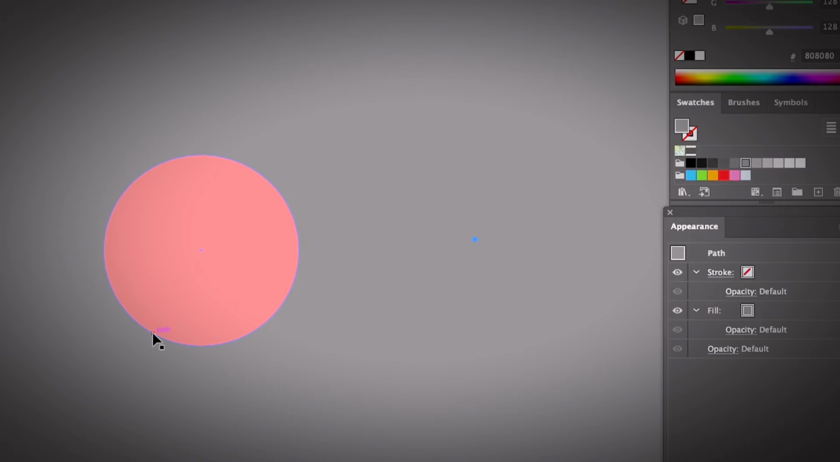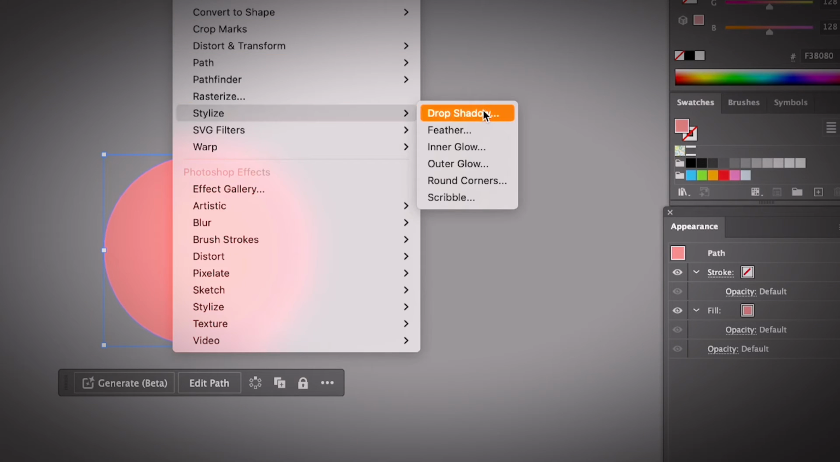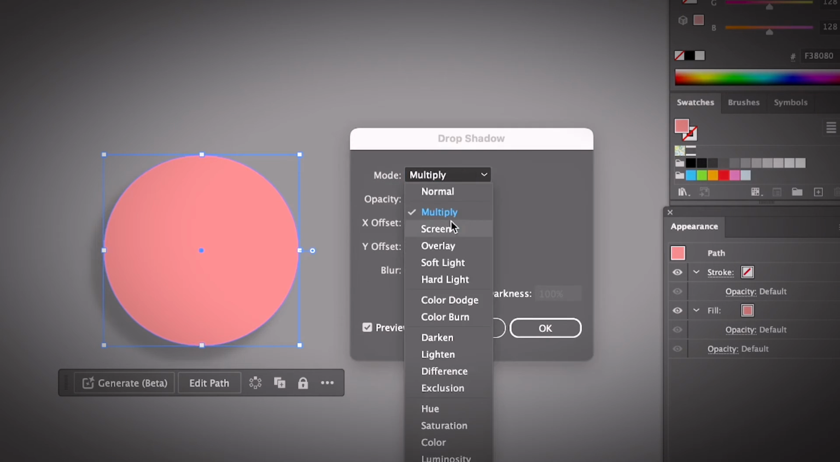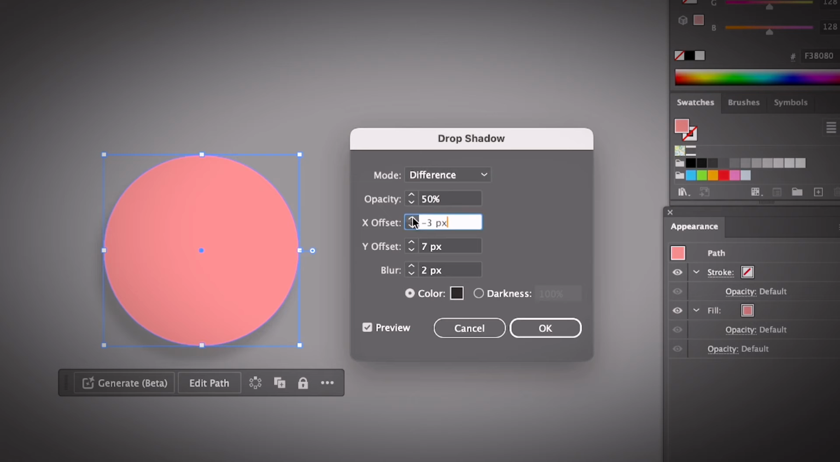Okay, so now let's see how we can add a drop shadow to objects. Basically, it works exactly the same as adding a drop shadow to text. All you need to do is go to the Effect menu, choose Stylize and Drop Shadow. Same thing, you'll be able to change the mode: Multiply, Screen, Overlay, anything you want. And then you can change the X offset and the Y offset. X determines whether the shadow is left or right, and Y determines whether it's up or down. So feel free to adjust the shadow as you like, and you can make it more blurry or less blurry,